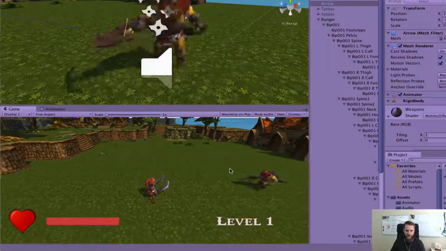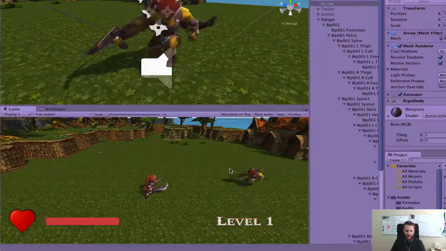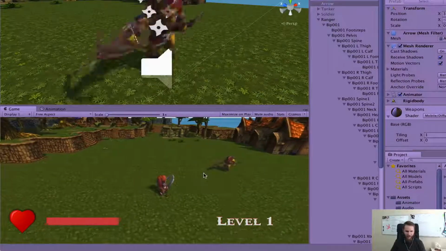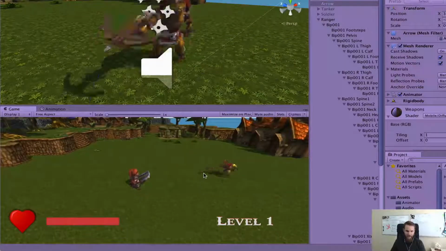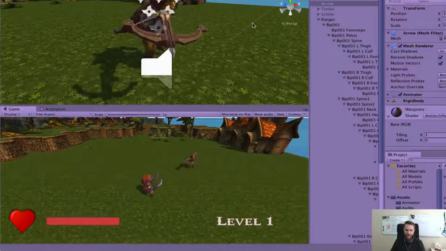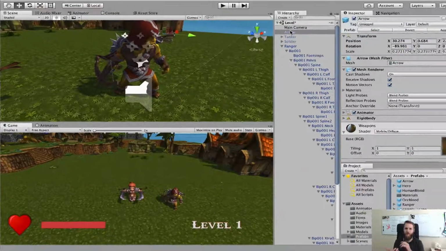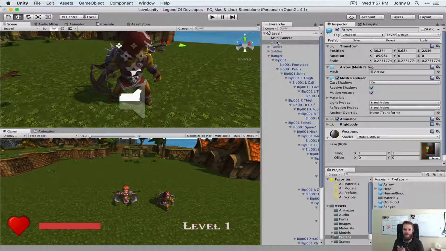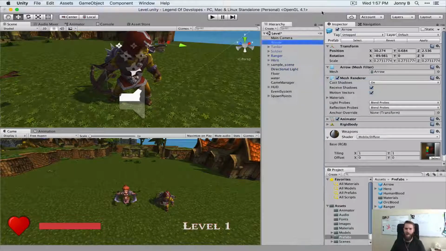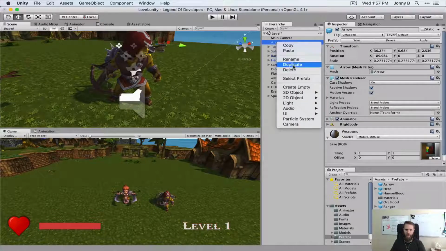There we go. So you can see that they are shooting at us, but the rotation is not working. And that's actually expected. When I was working through this the first time, what I found out was that the arrow has a default orientation that is about 90 degrees off of the world location. So what we're going to do is we're going to backtrack a little bit and show you the right way of doing this. Okay, so I'm going to delete the arrow from our